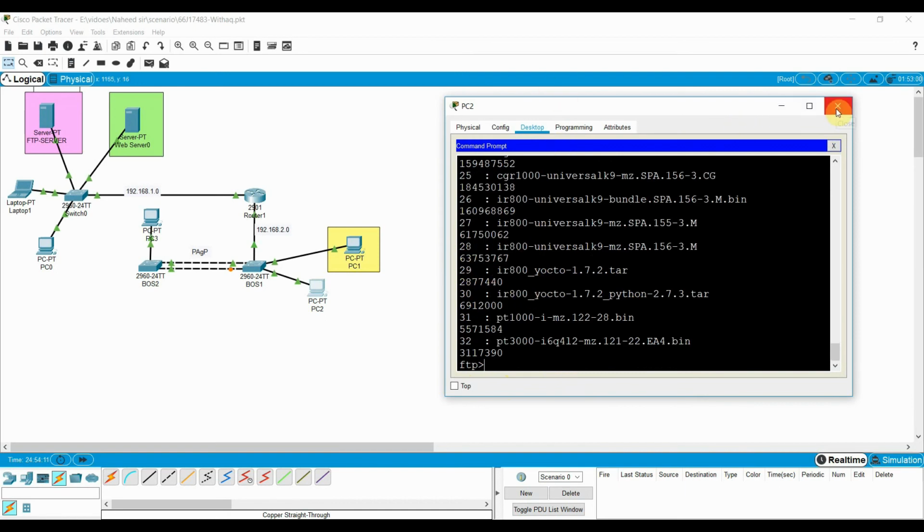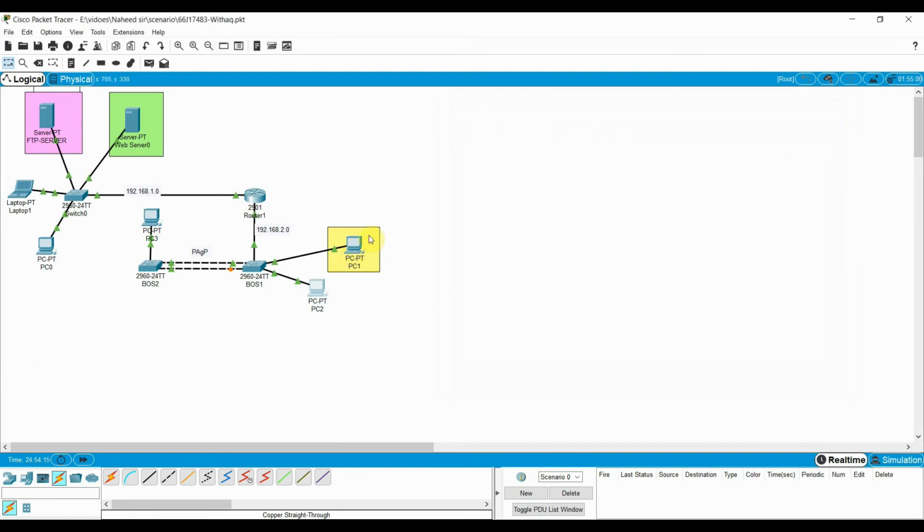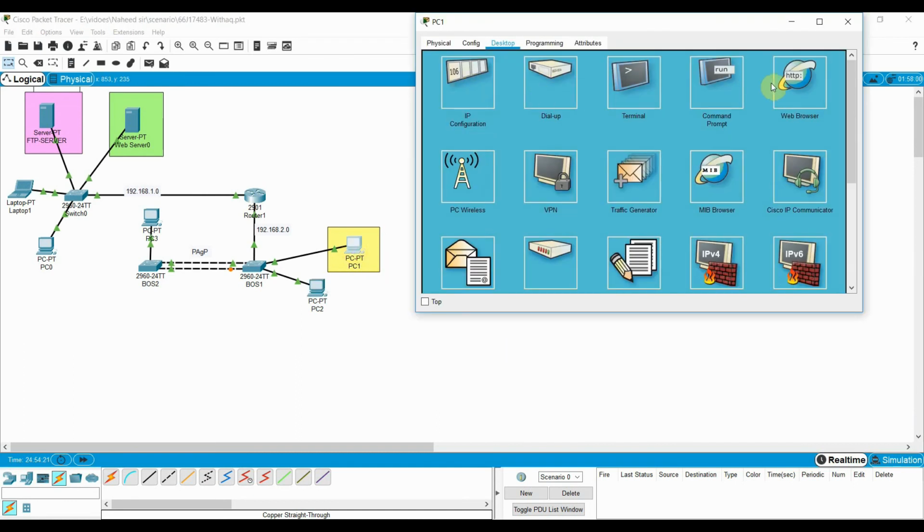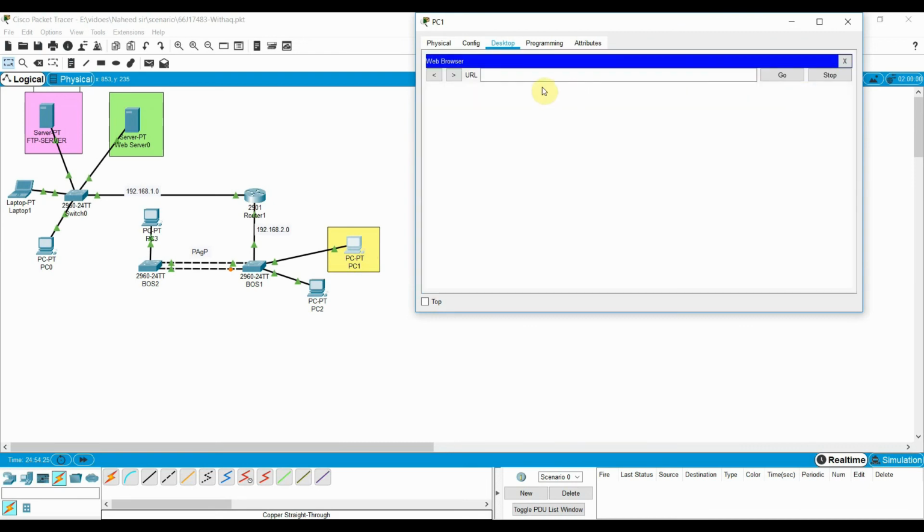Now we need to verify from PC1. Our target is to block the FTP and web services from PC1. All other traffic is allowed, but web services and FTP services should be blocked from PC1.